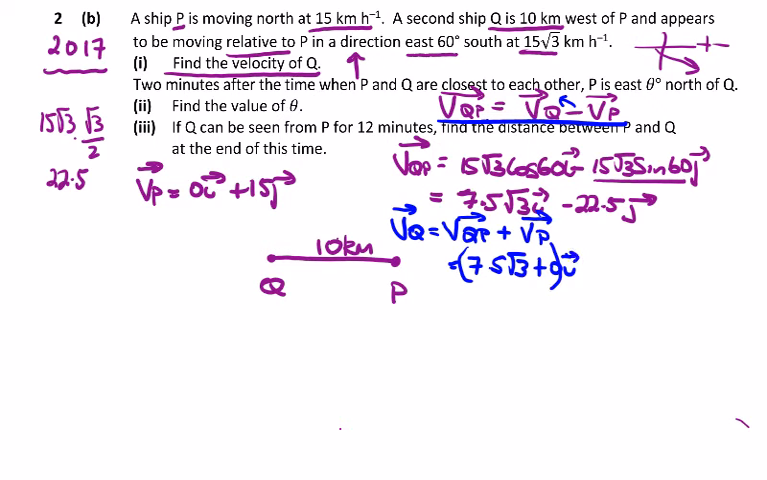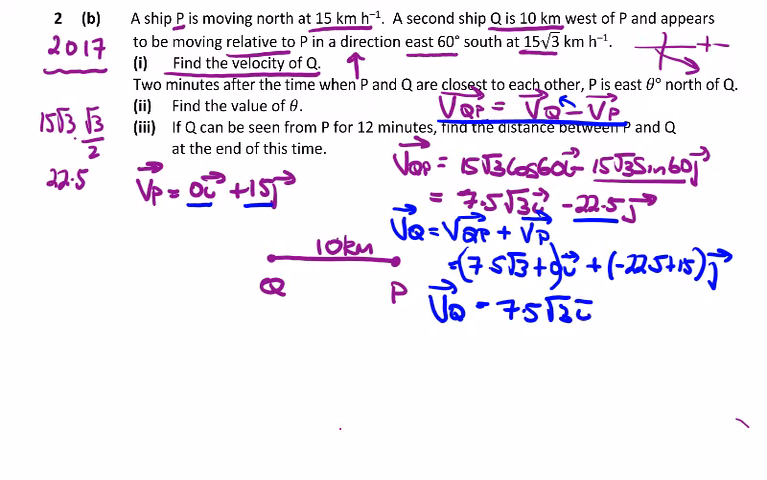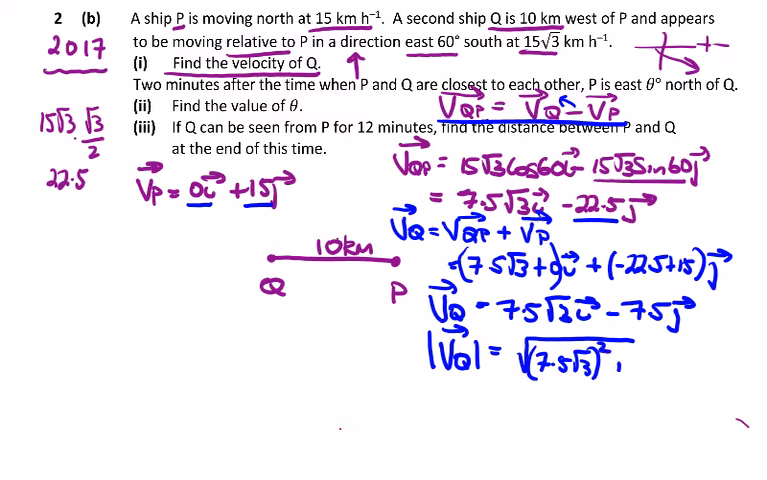Just leave the 0 there from here, and then we're going to have plus the 15 and the minus 22.5, and that will be in the J direction. So the velocity of Q is going to be 7.5 root 3 in the I direction minus 7.5 in the J direction. The magnitude of this is the square root of 7.5 root 3 squared plus 7.5 squared,